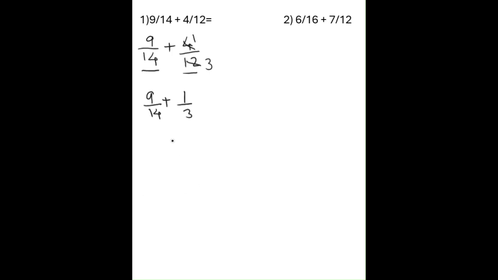Now here we have to find the LCM of both these denominators, as we have to make them equal. So the LCM of 14 and 3 is 42. There is no common factor between these two, so we will simply multiply them. So now we have to convert both these denominators into 42. So if we multiply this by 3,